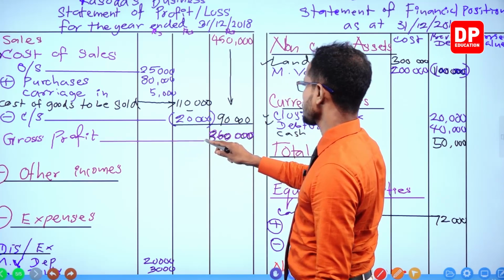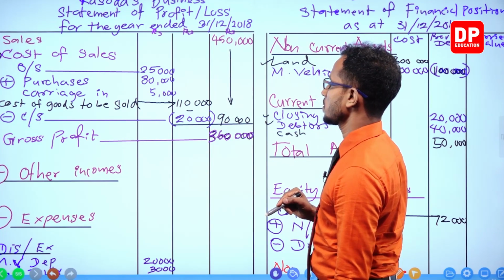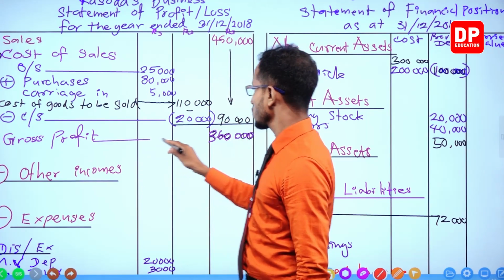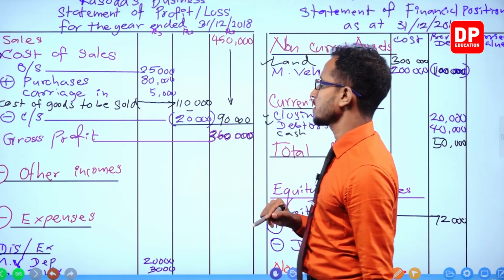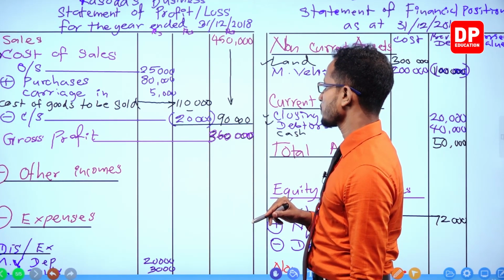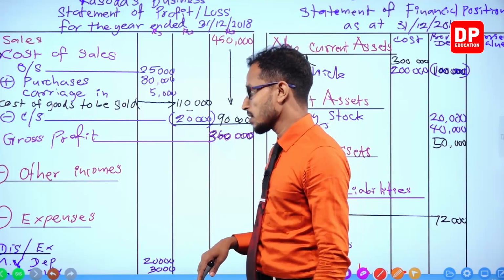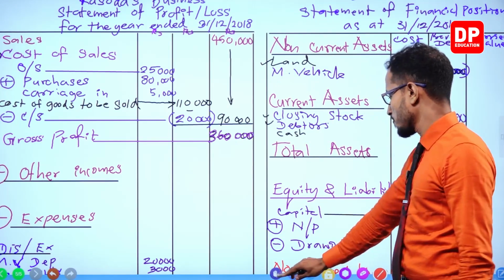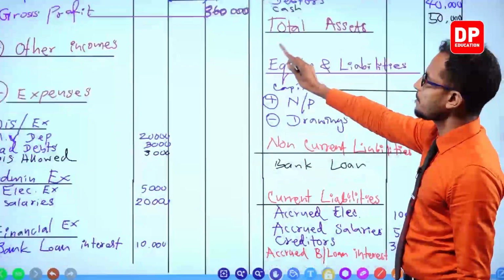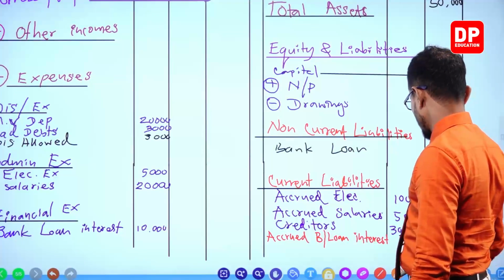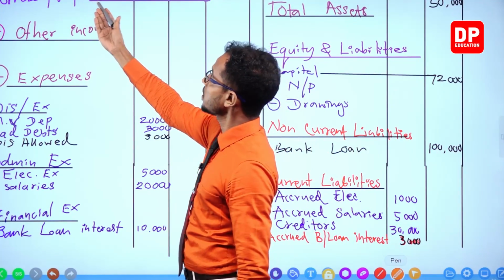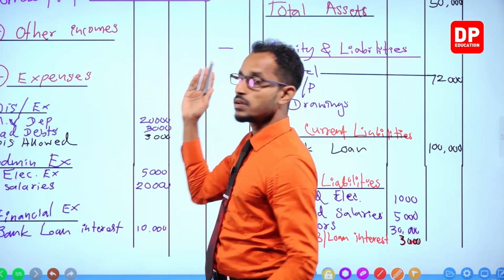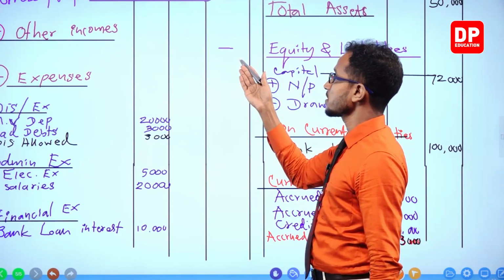The gross profit. That's it. Okay, now that's beautiful. No other incomes. Put it up. Now you can see the gross profit right here on top. That is 360. No other income, so nothing to add here. Nothing to add to gross profit.